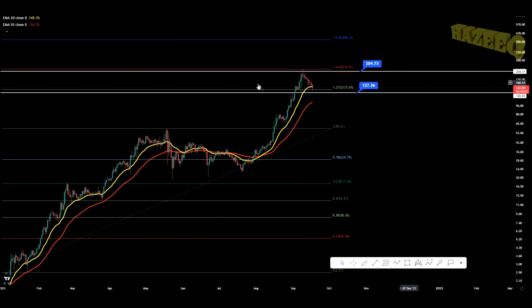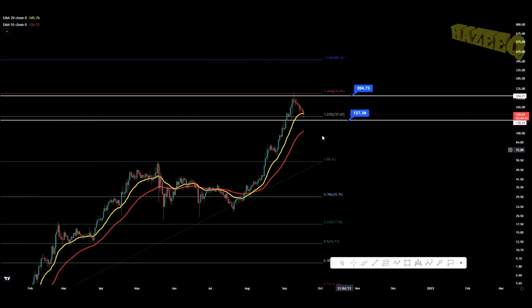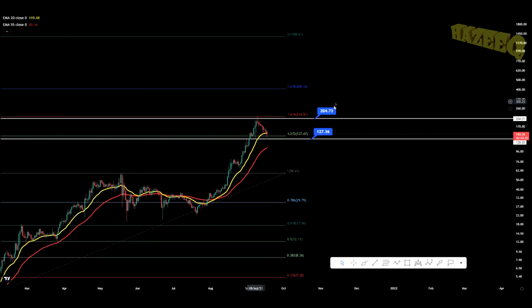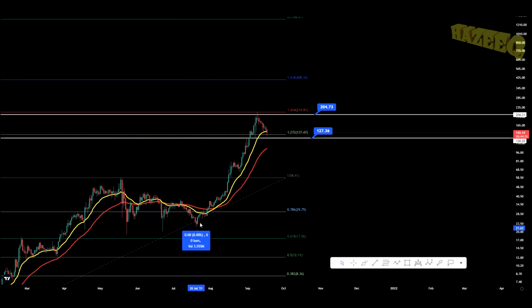So don't think that Solana had all these gains and now it won't go back as low as $60 pretty much, because that is still very possible, and you can have your buy orders at $60, and that would still be a level where Solana can end up going if we have a deep correction for Bitcoin, okay? Just don't think that it won't have a strong correction if Bitcoin has one. Obviously, Solana can just start going from here and melting faces even with Bitcoin corrections, but you just have to be realistic. From this low over here, we appreciated